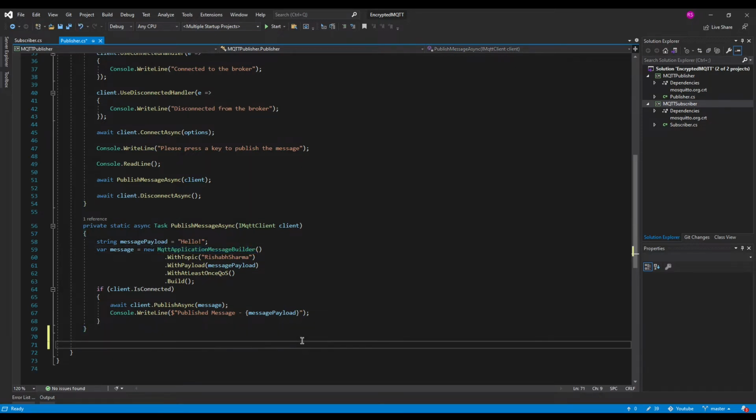So let's start with creating a method which will return us the encrypted message. This method will accept the payload itself, and in addition to this, it will also accept the encryption key.